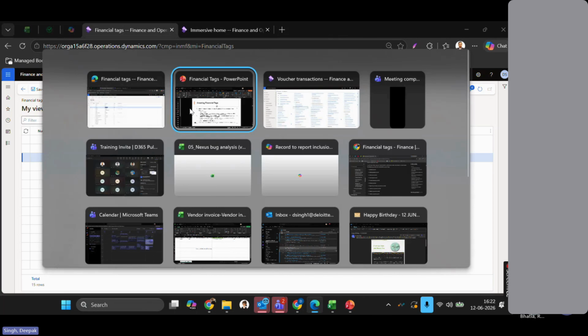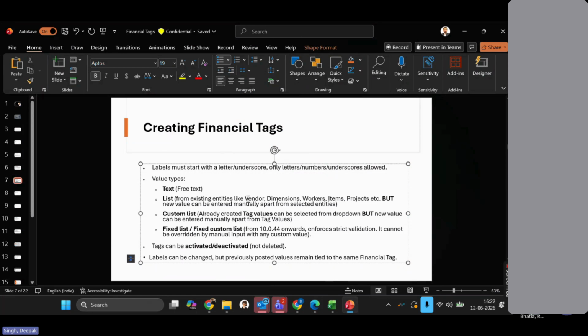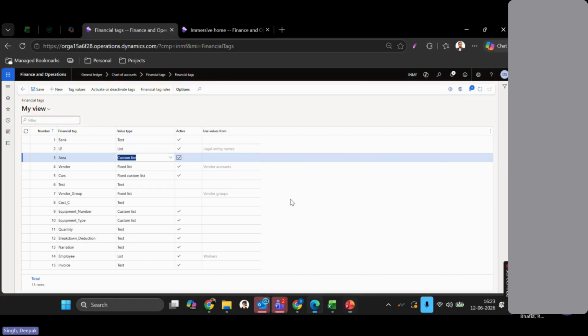Now coming to the next two, which have been introduced by Microsoft in the previous release 44, which is a very important thing. So this is a fixed list and a fixed custom list. Like in the list, I have already discussed that it is entity-backed tag value, but manually I can override the values. But here, if you select the fixed list, it means I cannot manually intervene. I can only select the tag value from these selected entities. Like in our case,